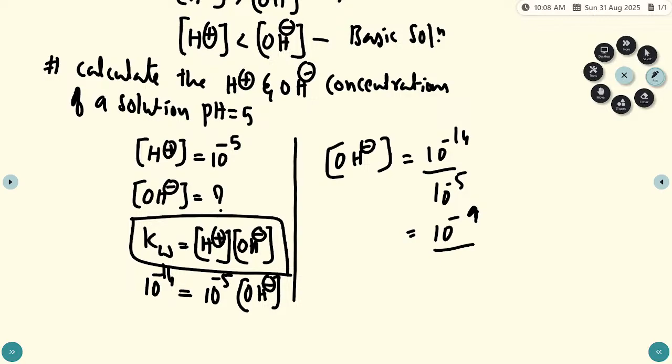So buffer solutions. So what are buffer solutions? So generally